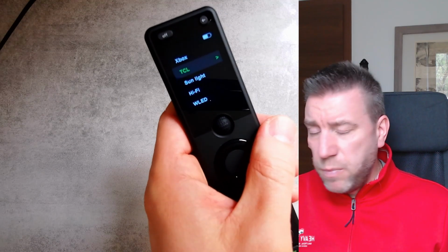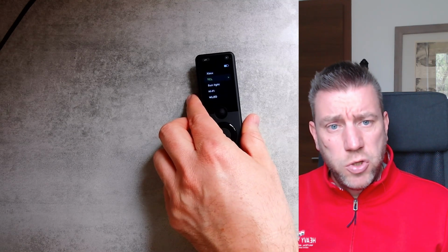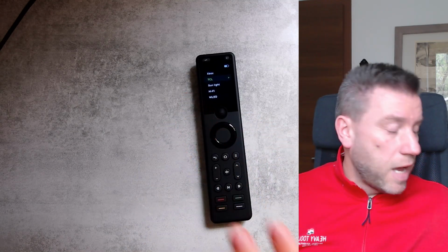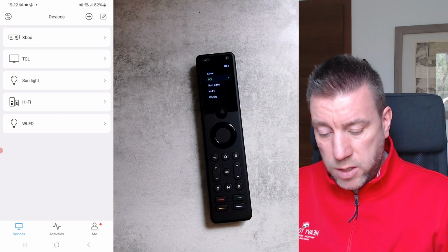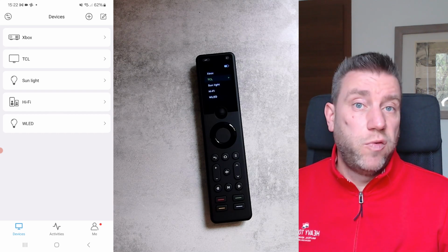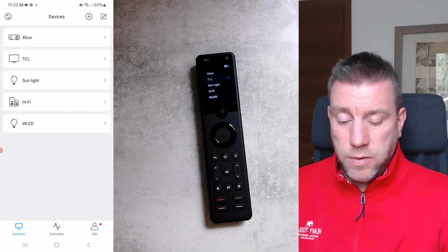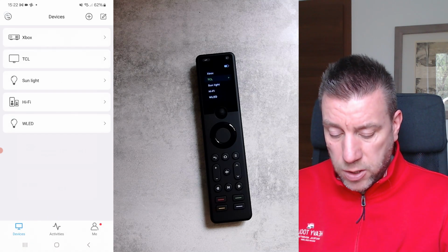And I think before we go to the activities, probably I should show you how this is all configured in the apps. So I'm just going to use my phone, and obviously when you do it for the first time, you download this Sofa Button app, you create an account, you have to create an account, and then you click on the plus button, and here,